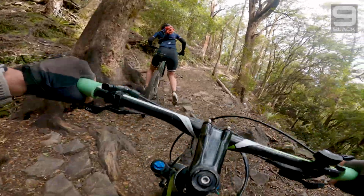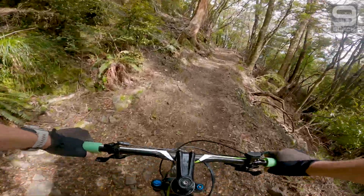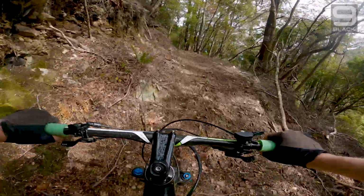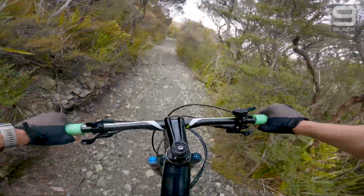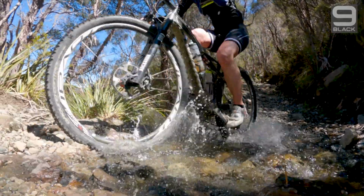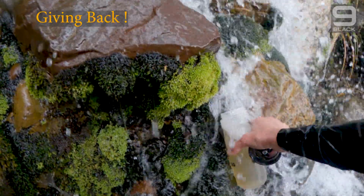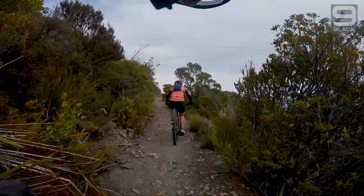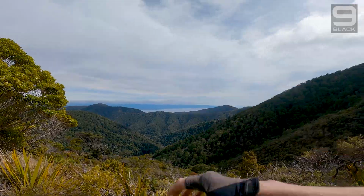God. Took a bad line there, but I managed to hold it. Nice bit of dappled light. Look at this. And the vegetation changes. As we start to get up past the waterfall, get views of the Nelson Harbour,